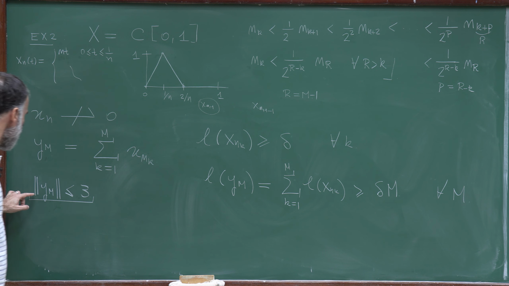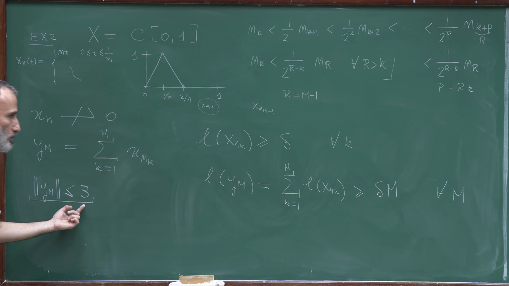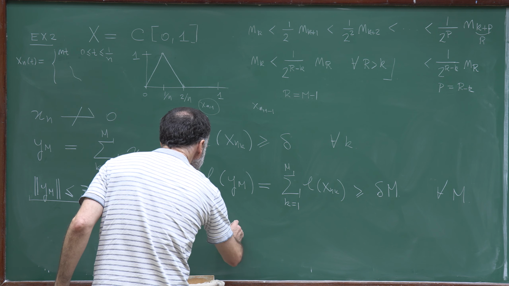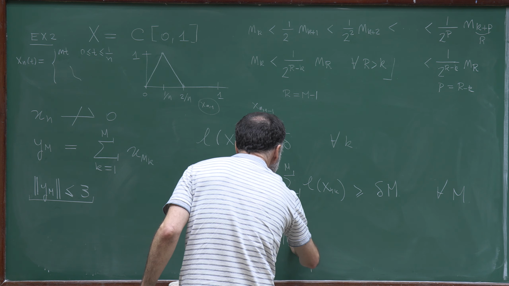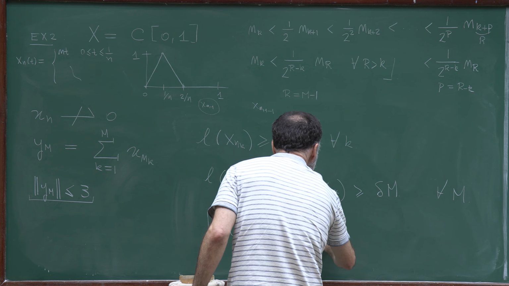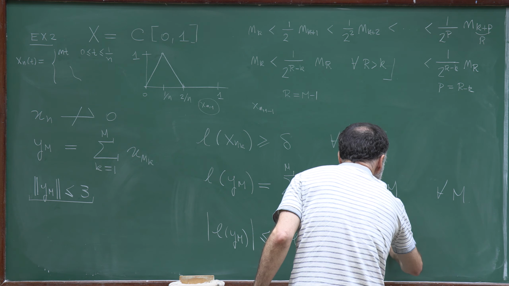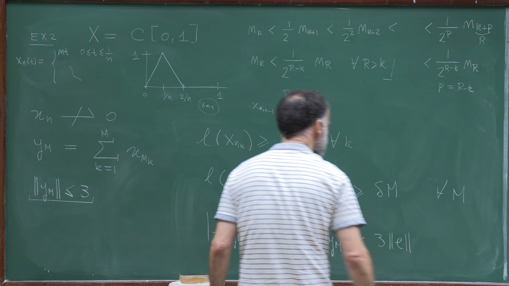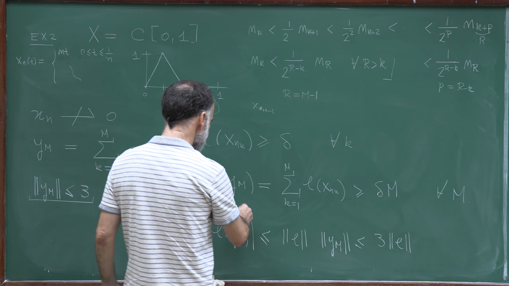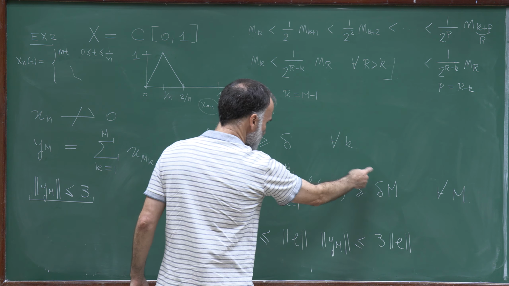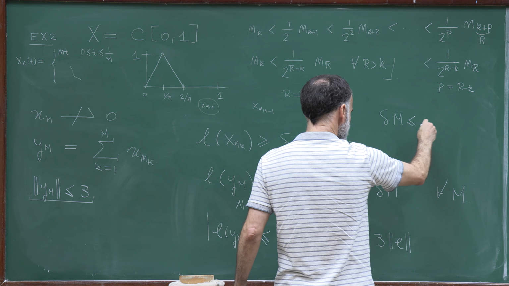On the other hand, for this sequence y_m, the norm of y_m is bounded by 3. So this means that L of y_m, which is bounded by the norm of L times the norm of y_m, is bounded by 3 times the norm of L. And from this inequality, since this is bounded by that, it's that delta m is bounded by 3 times the norm of L